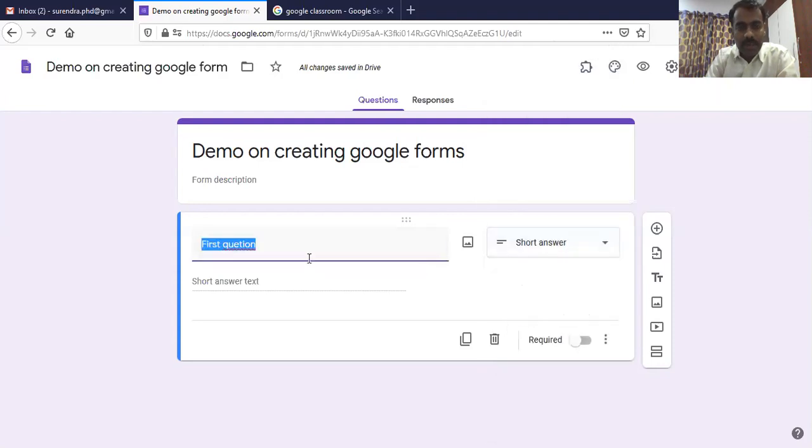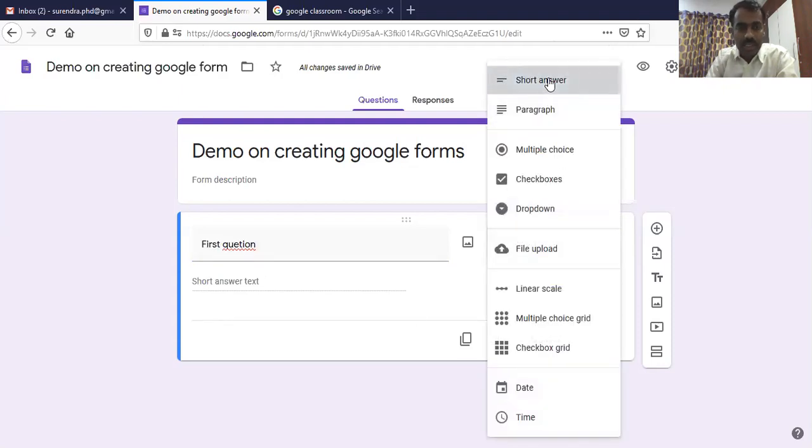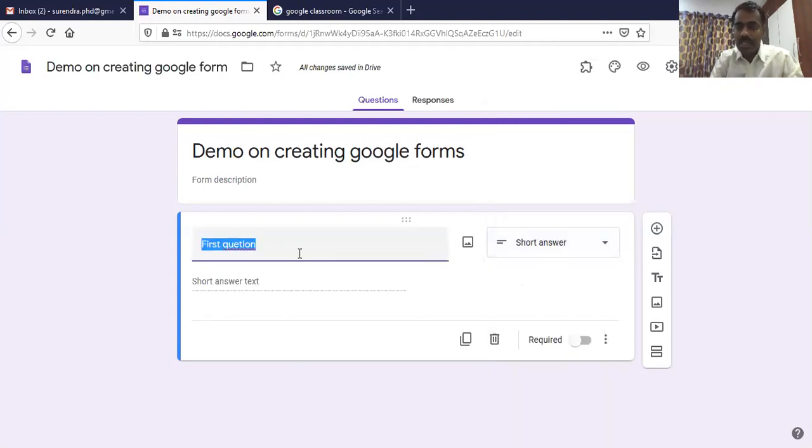Just to say, for example, we'll see one or two questions quickly how one can create questions. Suppose select short answer question. So short answer question answer is usually expected in one line maximum.